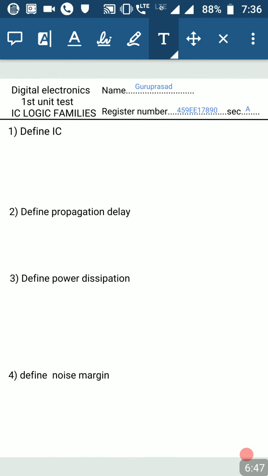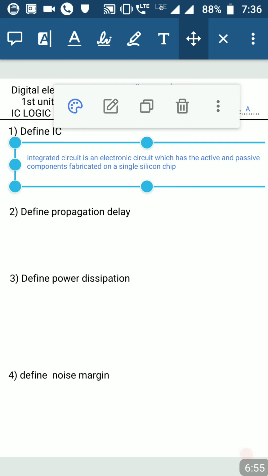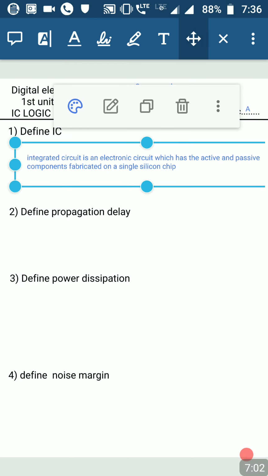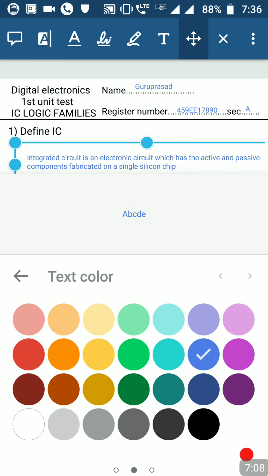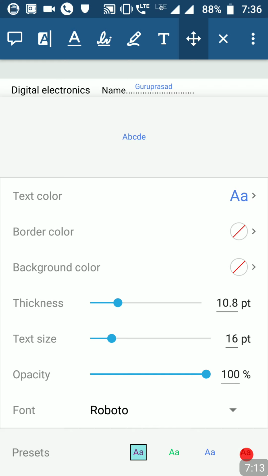So save this. Once you save this, it will be available on the screen. Once it is available, you can edit, and how many times you want to edit, you can edit. Or otherwise you can go back, take this option, and change the text color. You can change the text color to blue. I want all of you to put the answers in blue color only. That will be suitable because I will be evaluating using red ink, right? So you need to put it.